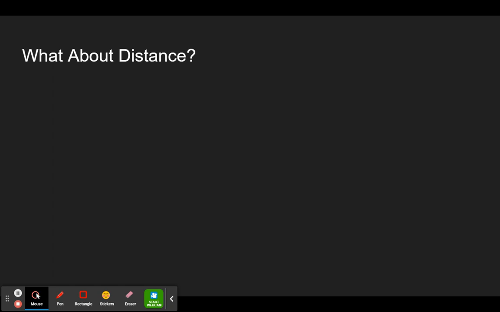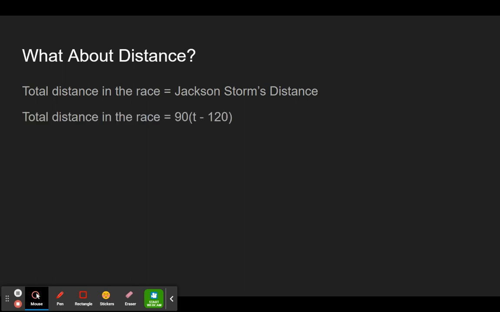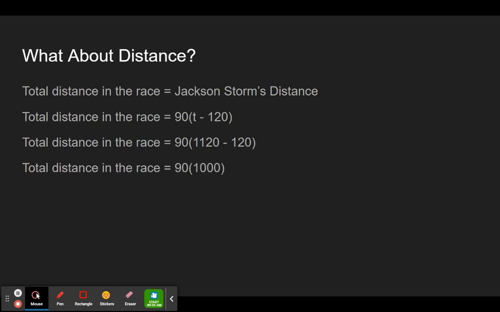From there, the next question is what about the distance? We have two options for how we could find the distance because we had two expressions for the distance earlier, either Jackson Storm's distance or Lightning McQueen's distance plus 400. We're going to go ahead and use Jackson Storm's distance. So the total distance in the race is 90 times T minus 120. We just found out that the time was 1,120. So we'll plug that in. The total distance is 90 times 1,120 minus 120. Subtracting in the parentheses, total distance is 90 times 1,000, which is 90,000 meters,